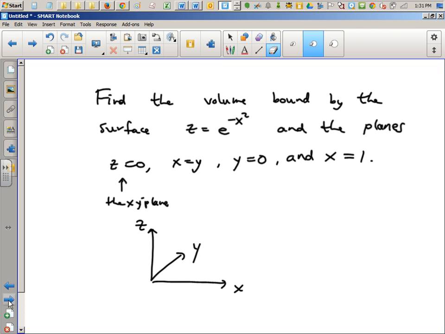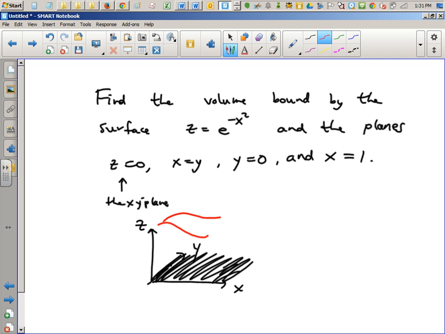Okay, so above this ground, I don't know how much shading you want to do. So above this ground, but below the surface. You see? Also bounding this region are the plane x equals y, which really just looks like this. This is the x equals y plane. It looks like the y equals x line down on the trace. This is the line y equals x right here. But it's a full sheet,